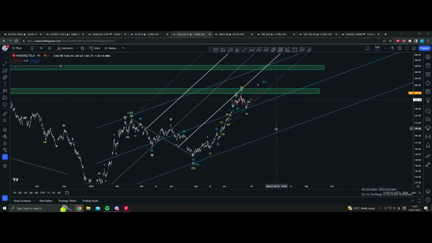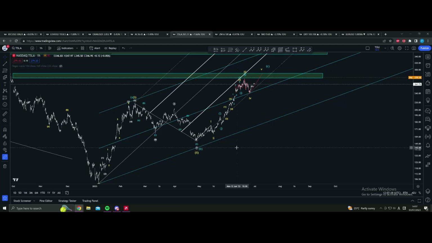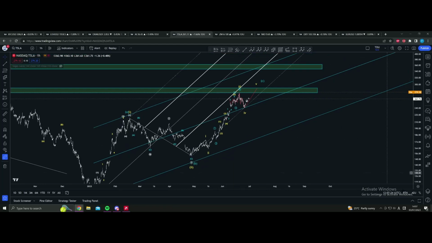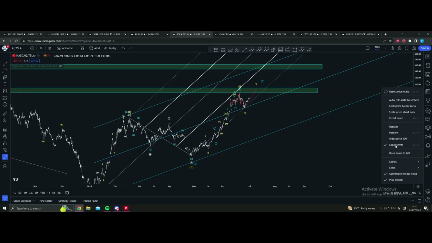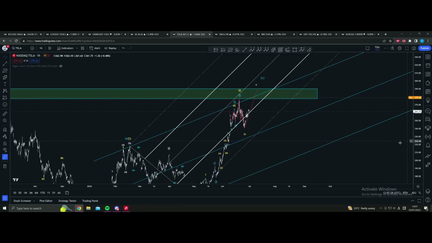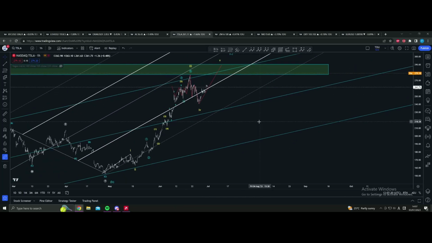An 80% chance after having a reaction at 0.5 or 0.618, and then we go external, is that we hit the median line. All right, count wise,